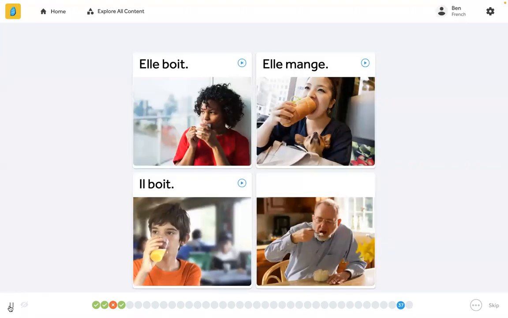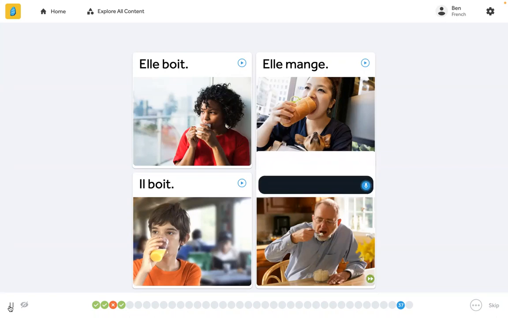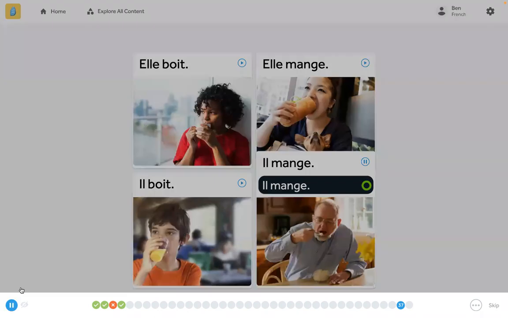Elle boit. Elle mange. Il boit. Il mange. Il mange. So again, here you're able to see that the student does need to explain what's happening in that